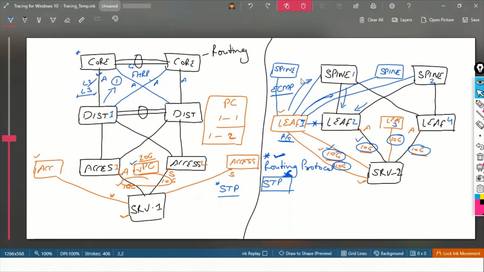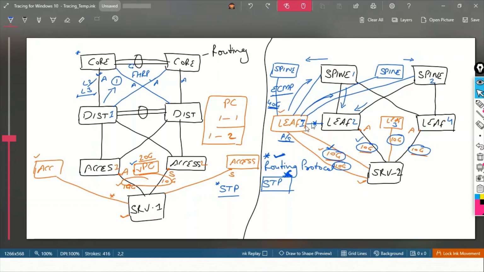And between each of the spines and leaves, we have the limit that we cannot use less than 40 Gbps of interface between the leaf and spine. This is just because the downstream interface is at least 10 gigabit. So this uplink interface must be a bit higher so that it can handle multiple 10 gig interfaces simultaneously, right? So we have the flexibility that we can expand multiple spine devices at any moment of time,